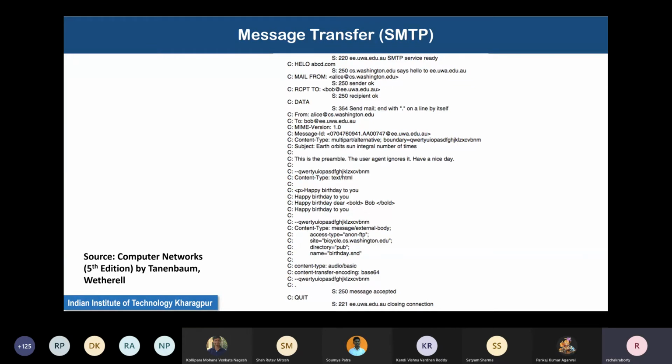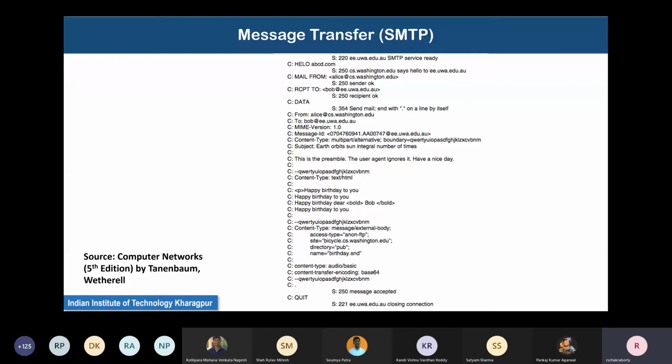Now, what has got to do with SMTP is that if you receive a hello command, the server must reply back to the client in this format: the server name, and the client name should be here, says hello to this. This is the rule of SMTP. This is how SMTP works.